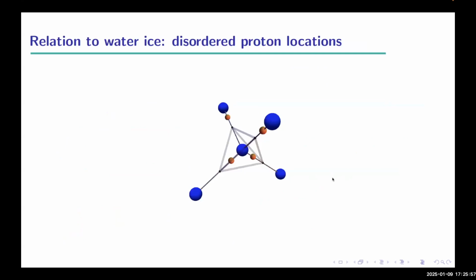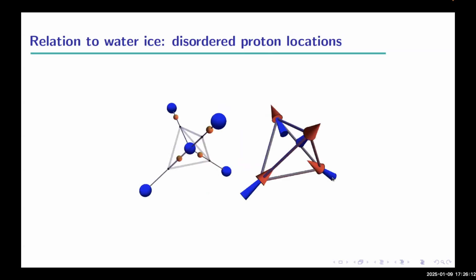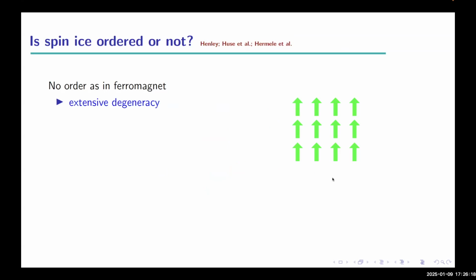Okay. Why is it called spin ice? Well, the Bernal-Fowler ice rules in ice basically say that the oxygens, which are hydrogen bonded to their neighbors, have 2 protons sitting next to them. So if you draw a little box around an oxygen, and you draw an arrow in the direction of the proton, then you find a tetrahedron with 2 spins pointing in and 2 spins pointing out. So we're going to use this as a description of the system. And then the big